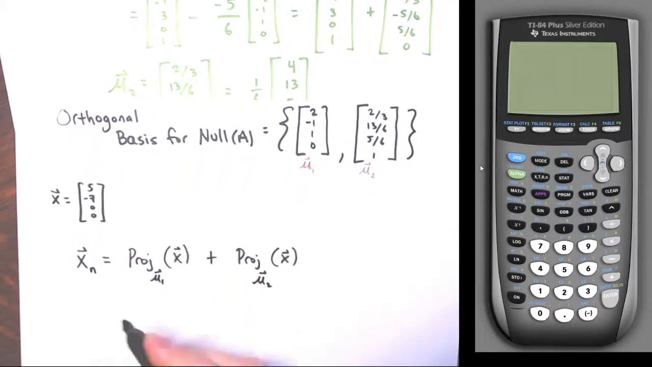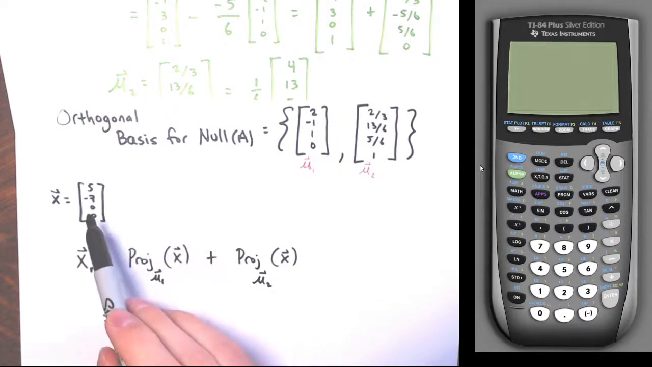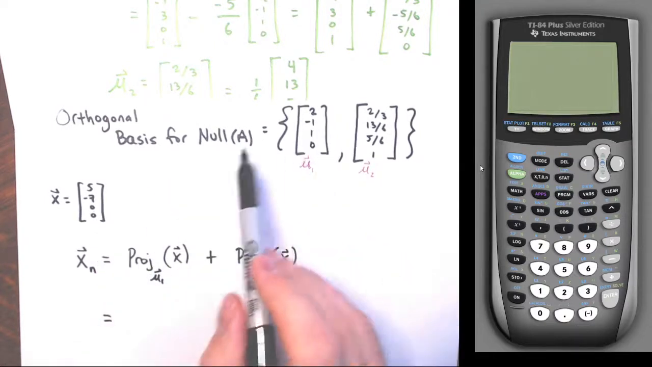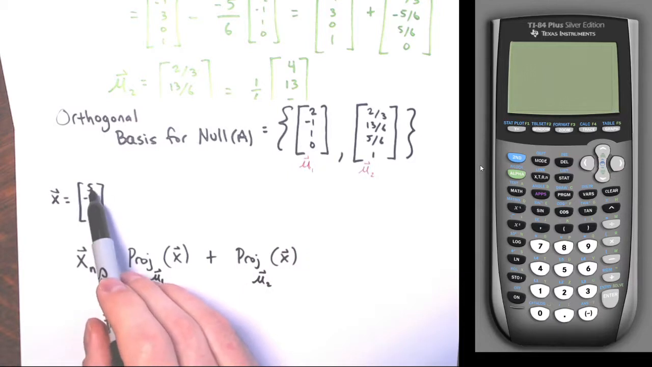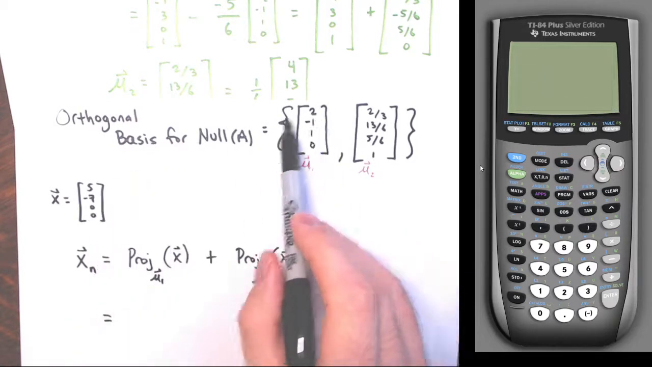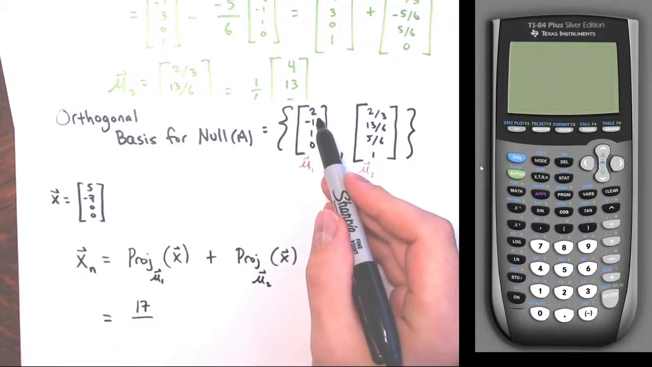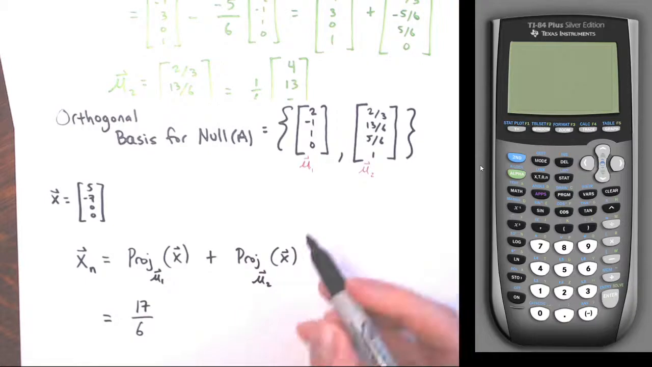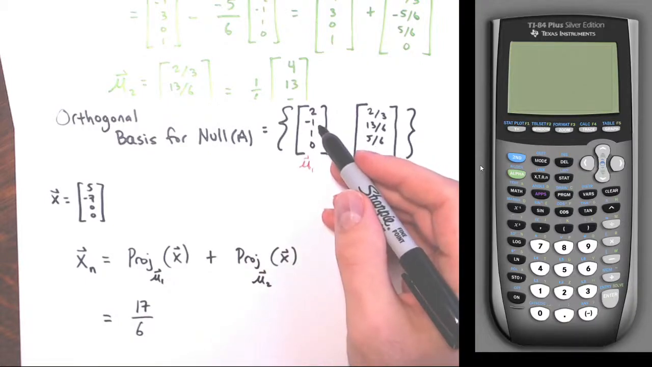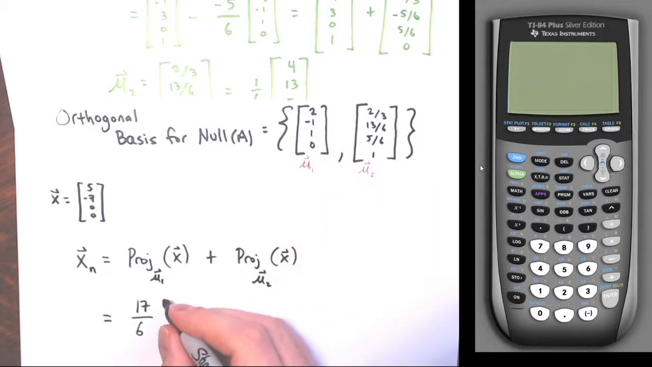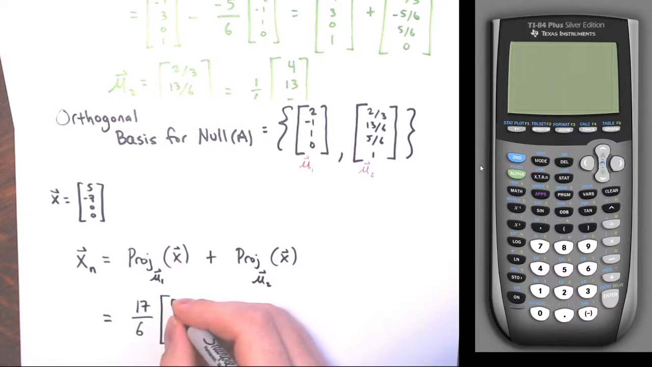Alright, so this first one, the projection of a vector, I did projection earlier, right? Remember the numerator is the dot product of these two, the inner product, so 10 plus 7, right? So 17 for the numerator. And then the dot product of u1 with itself is 6, 4 plus 1 plus 1, times vector u1, so times 2, negative 1, 1, 0,